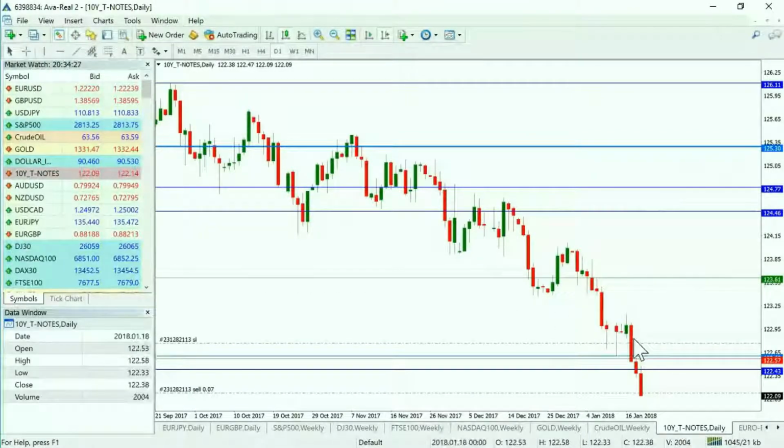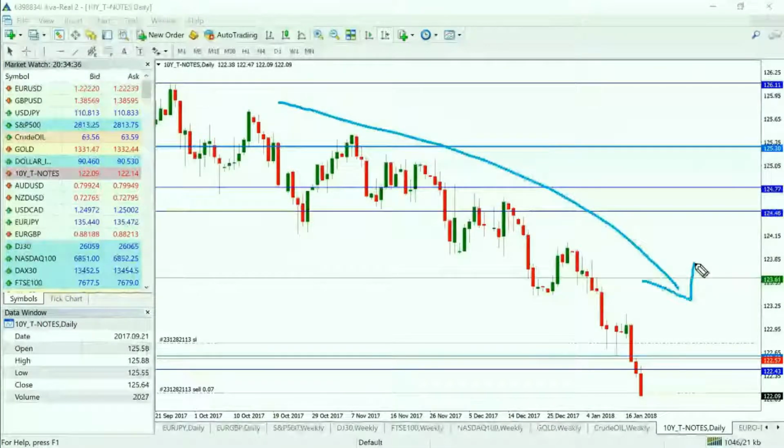Okay, so the last market now is the 10-year note. Obviously it's quite a straightforward trade idea. We're looking for opportunities to sell it. We've seen these levels of support in here be very important over a good few years, and there's another level in here which goes back 2 or 3 years. So our trade idea was quite simple: to sell the break of that level to the downside, just in case this level provided a little bit of resistance. That was very possible, so we wanted this market to clearly break that level.